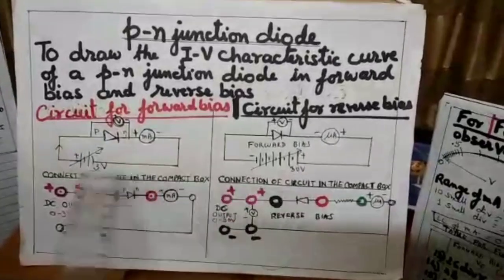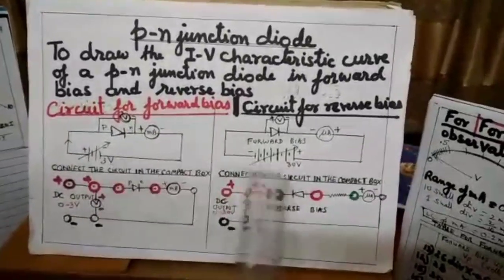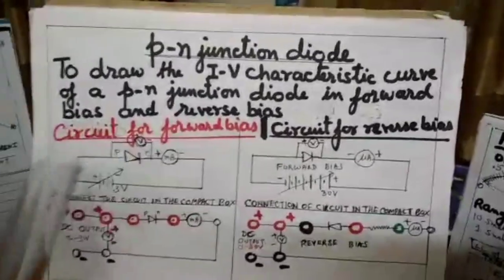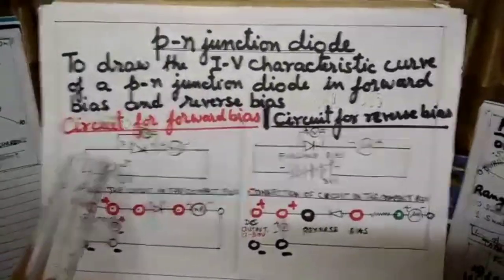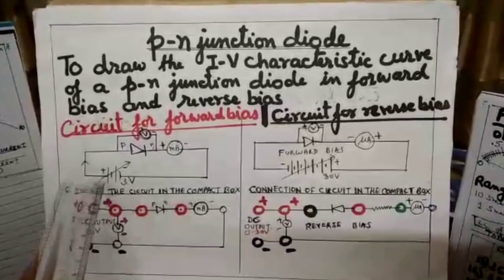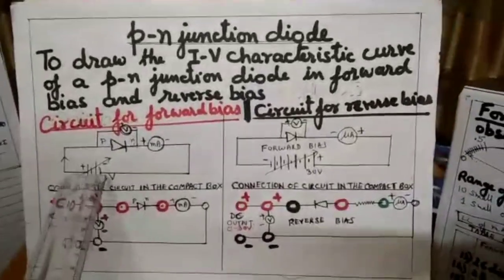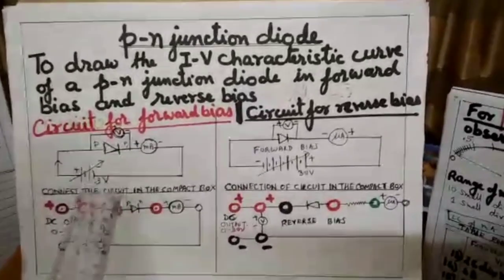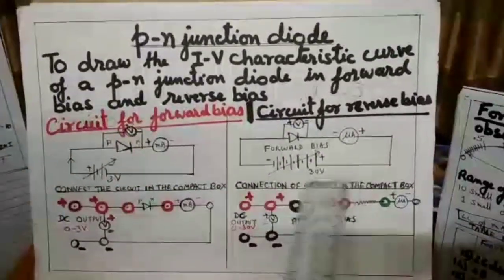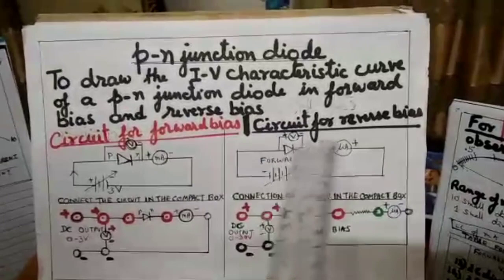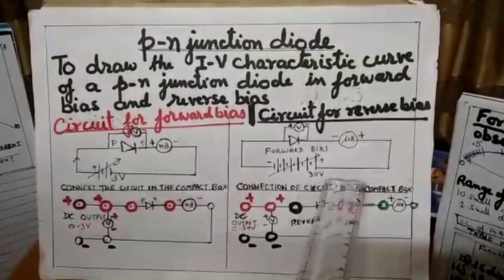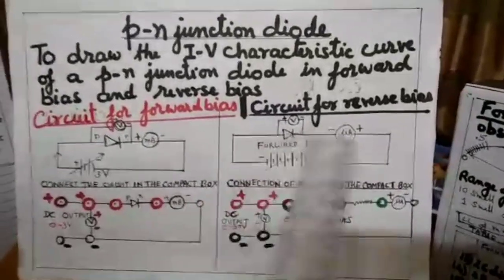Now one thing you can observe in these two diagrams is that here I have drawn fewer lines, which shows that even if we give a very small voltage, nearly 3 volts, we will still get the output current. However, here since this is reverse bias, we are going to give a high voltage of 30 volts.